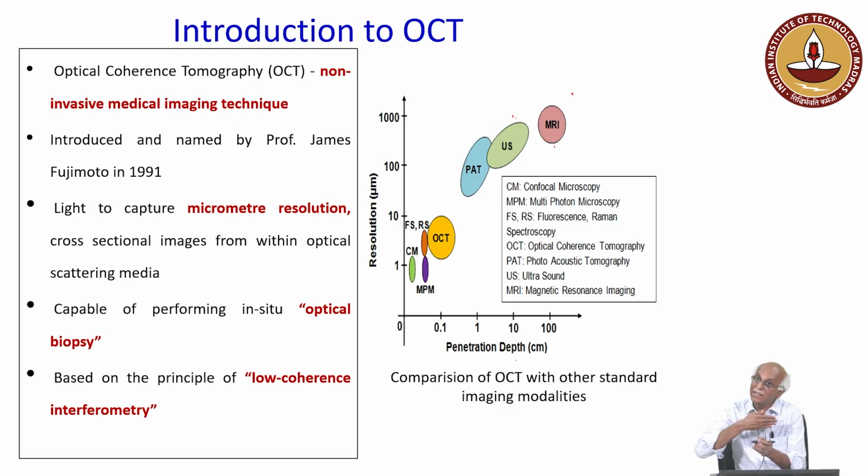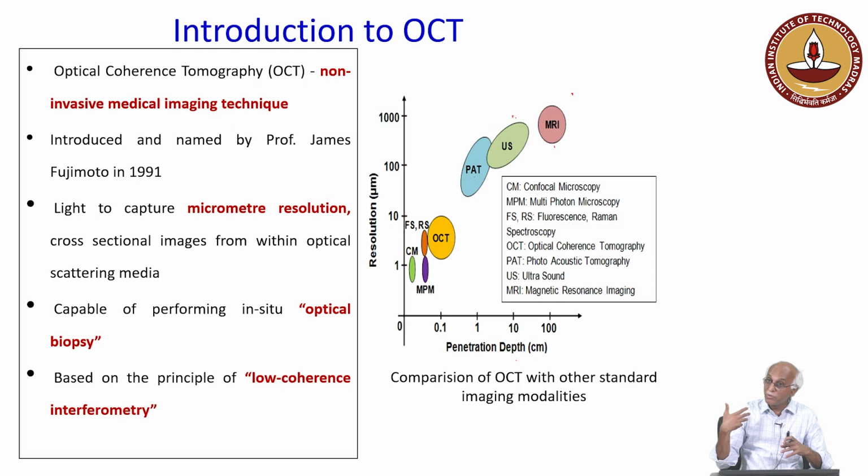CT scan and X-rays can easily penetrate through tissue, while in case of optical waves there is a limit. If you go back to our initial discussions on the transmission characteristics depending upon wavelengths, we observed that in the region around 1 micrometer, near infrared, the penetration depth is significant. If we are working with shorter wavelengths, let us say 600 nanometer, 700 nanometer,